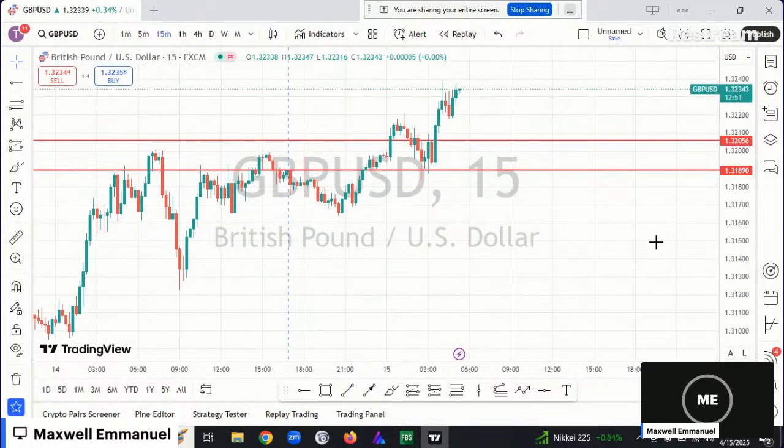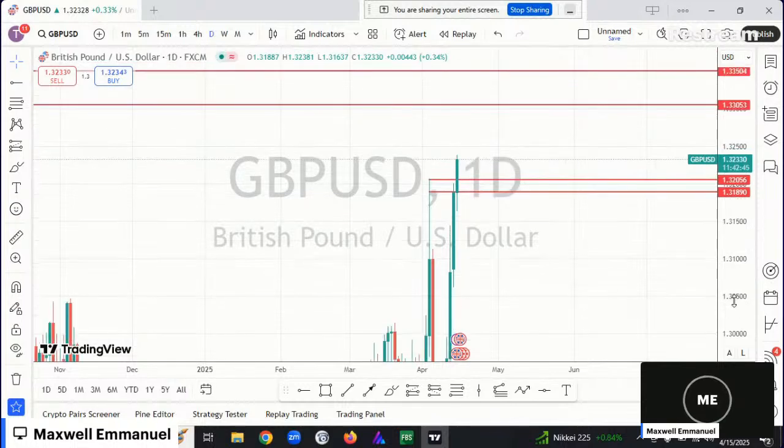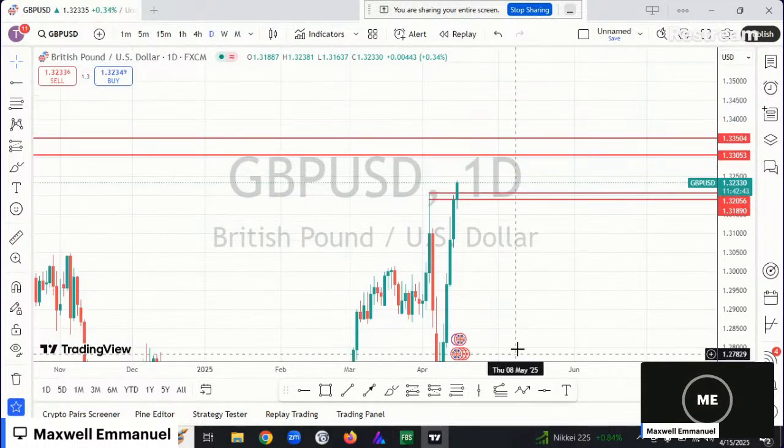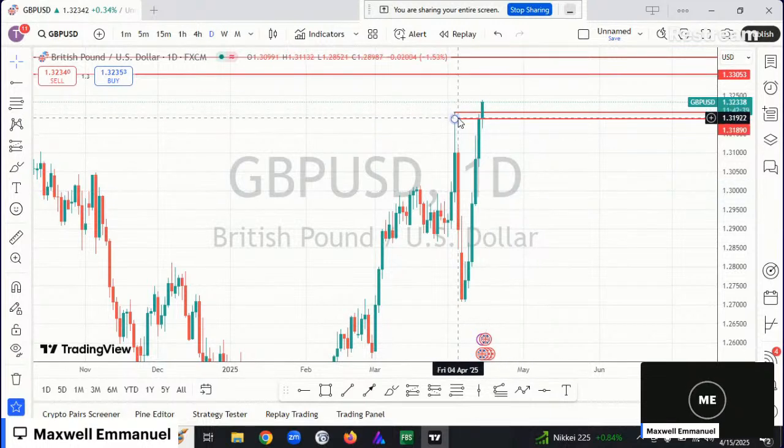I'm expecting a pullback on GBP USD. I expect to see a pullback on GBP USD. And see, GBP USD has been bullish since the market opened. It just sold a little, and you can see the liquidity that was residing at this previous high has